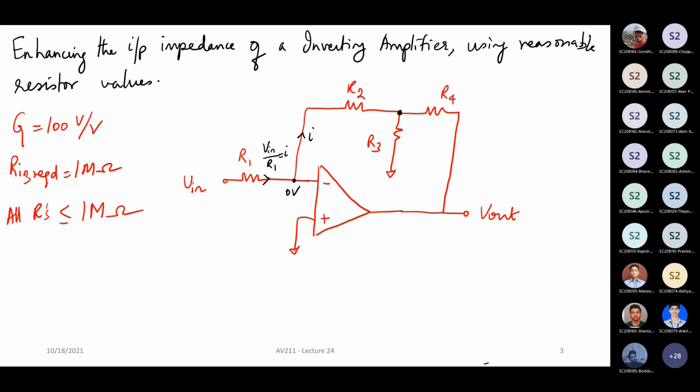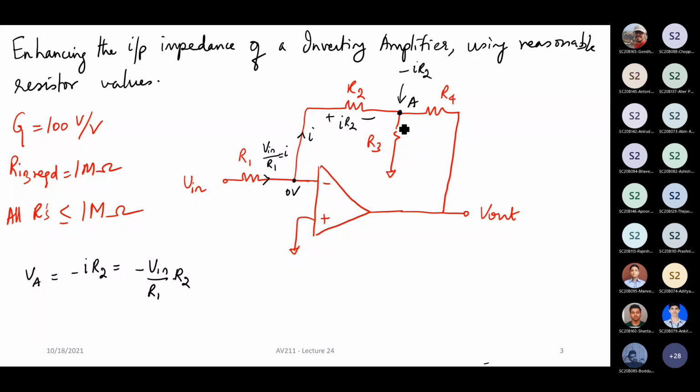Now what is going to be this voltage? Vin minus I times R1 plus R2. This end is 0 volt, so there is no other current flowing through this resistor R2. So the voltage across R2 is going to be I times R2 in this direction, and this node voltage is going to be minus I times R2. Let us call this node as node A. So VA can be written as minus I times R2. What is I? Minus Vin by R1 into R2. So that is the voltage at this particular node A.